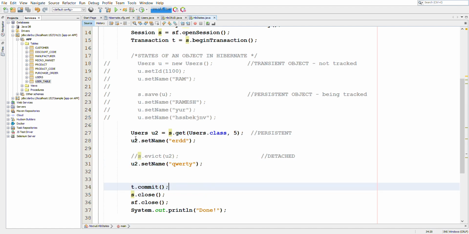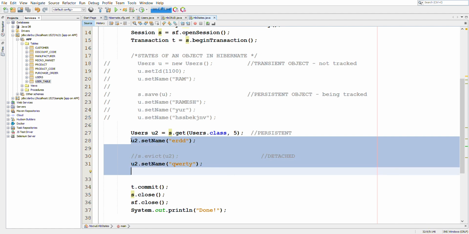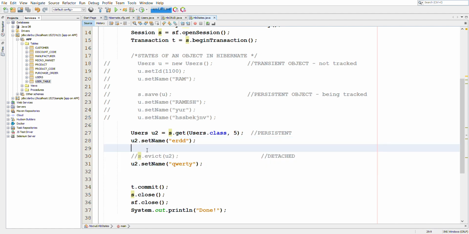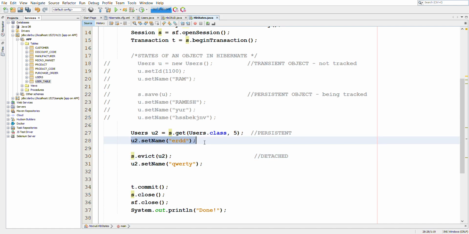But if the object has been put into detached state before the transaction is committed, then in that case none of these changes will be applied on that object. So that is why in the first case, if we are calling evict, then the set name is also not applied. But if we are not evicting the object, then the update will be with the new name, which is QWERTY.